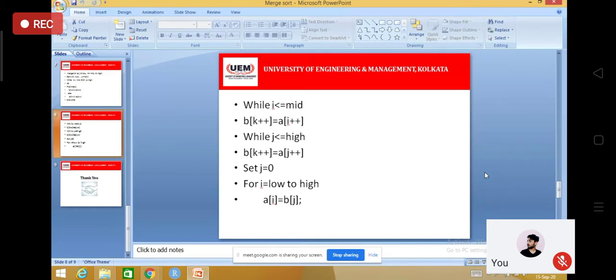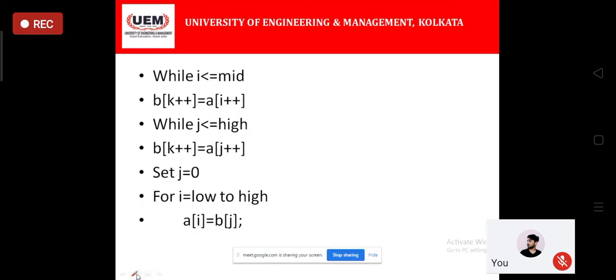So if I am dividing n continuously by 2, by 2, by 2, then for some certain value of k, this will become n by 2 to the power k equals 1. So at that time k will become log n. So for this division, there is log n. But for the other operation, that is conquer and combine, there comes n. So the entire time complexity of this algorithm is basically n log n.